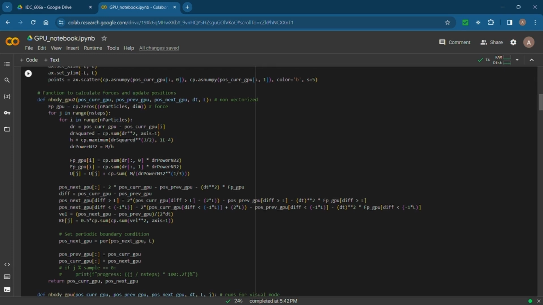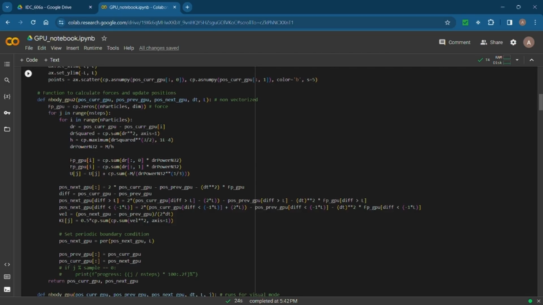and according to the forces experienced, it is updating those positions. As you can see, there are two loops here. First is a loop over n steps, meaning this loop updates time. And the inner loop is a loop over the number of particles. So we are basically first focusing on a particular particle. We are calculating the force on this particle due to all other particles, and then we move to the next particle, we calculate the force on this particular particle due to all other particles, and so on.